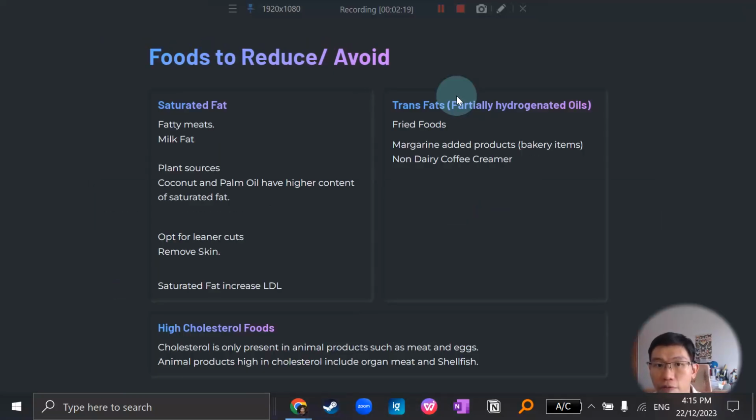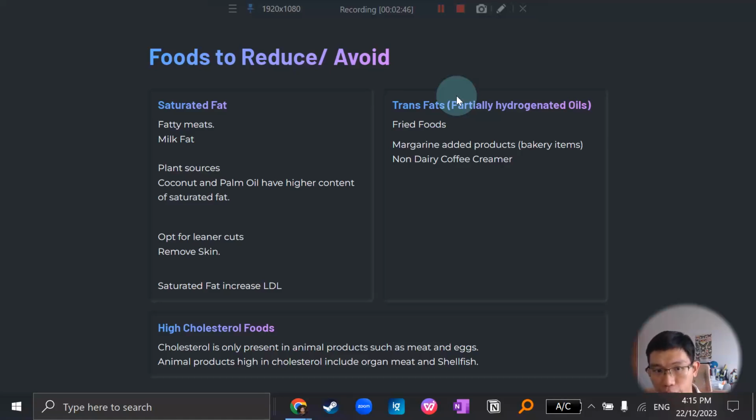In the form of dietary advice, foods to reduce. How do we reduce saturated fat in our diet? One is to cut down on fatty meat intake. Two, to select lower fat content milk. Plant sources of saturated fat which are higher include coconut milk as well as palm oil. And when we are purchasing our groceries, we can opt for leaner cuts of meat or remove the skin during